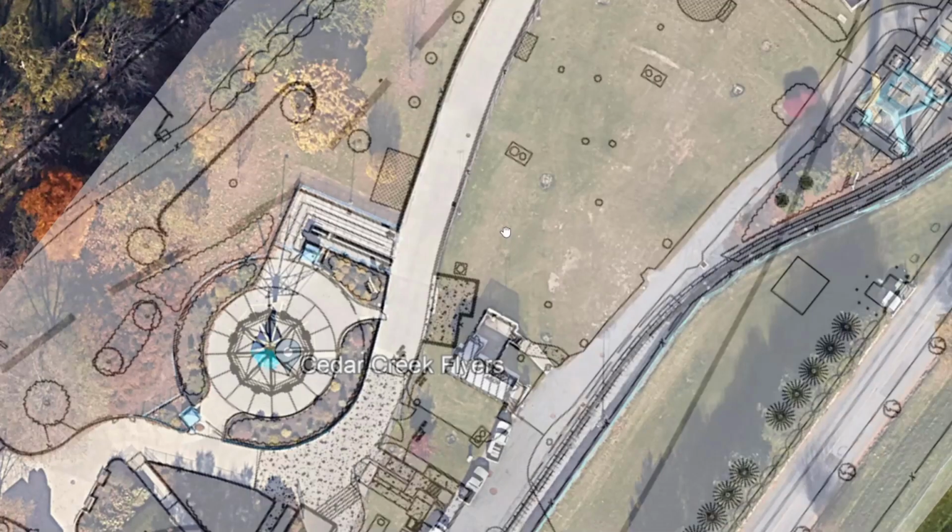It's actually going to spend a significant amount of time both over top of the station building, over top of Zephyr, and actually stretching over the fence line to the left of Zephyr's track as you're riding it. Remember, Zephyr comes down this way, around the corner, and back into the park. This coaster is going to spend a lot of time down in here, and it's going to expand the park outward. As you can see, the current service road, which is identified by these three trucks right here,